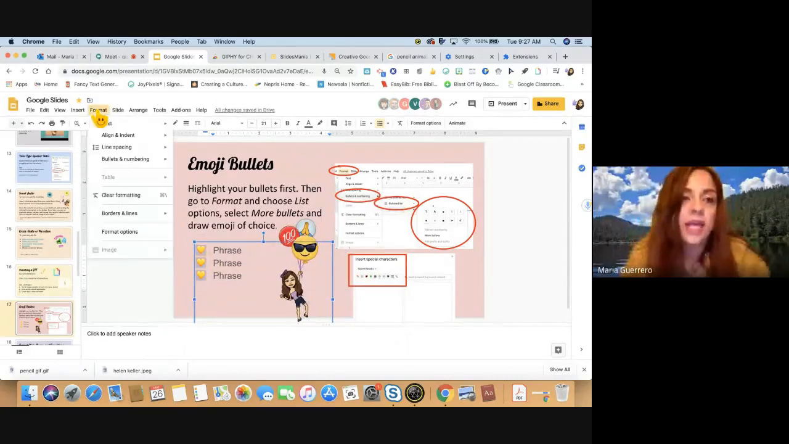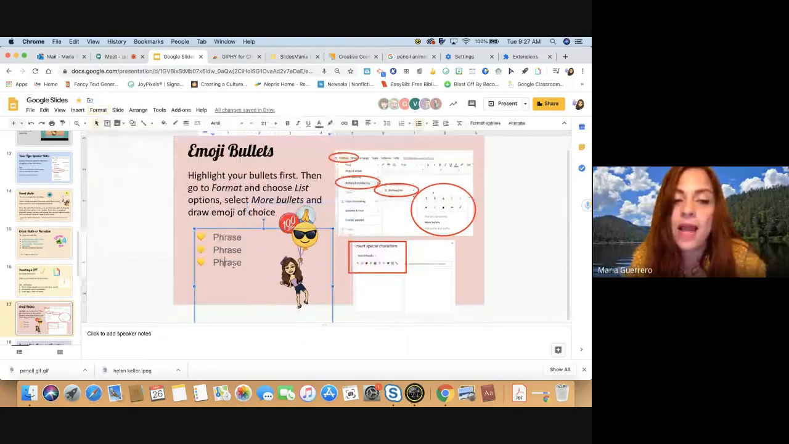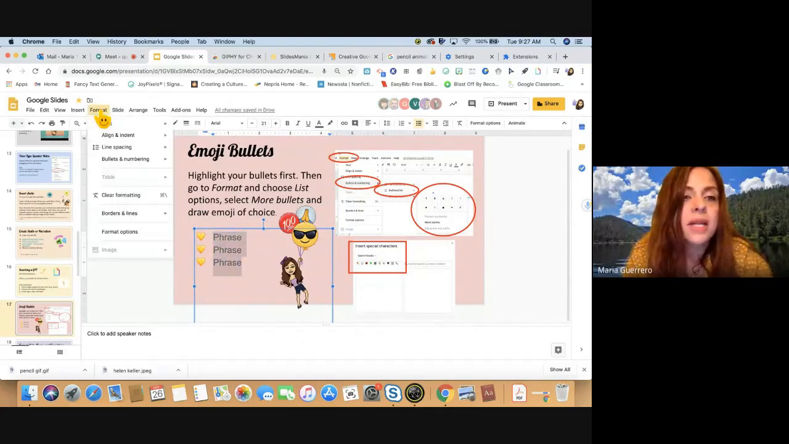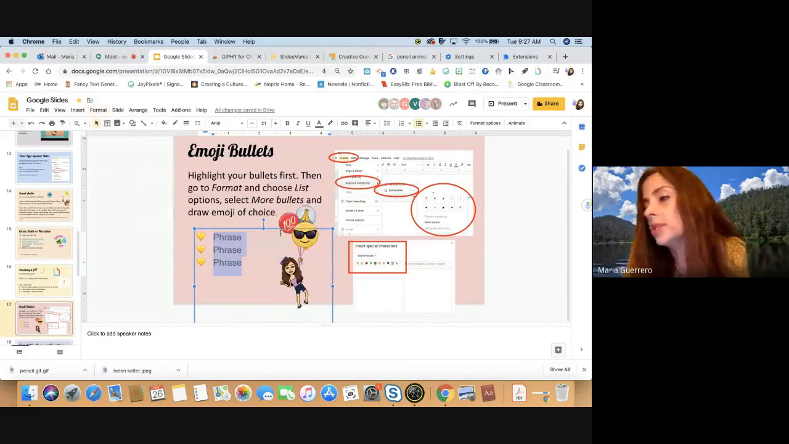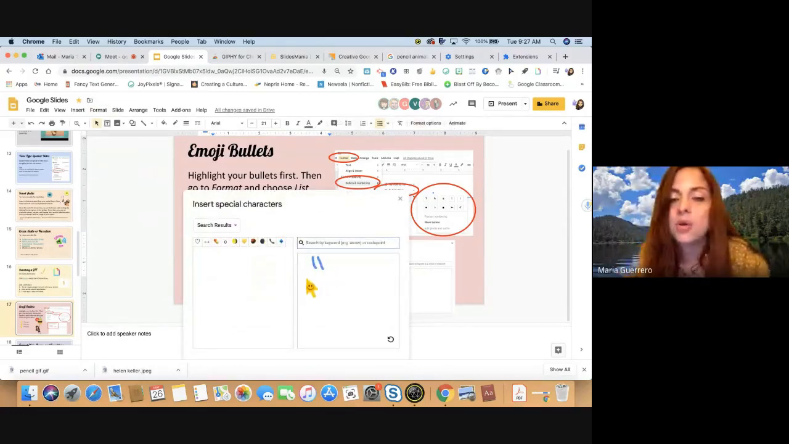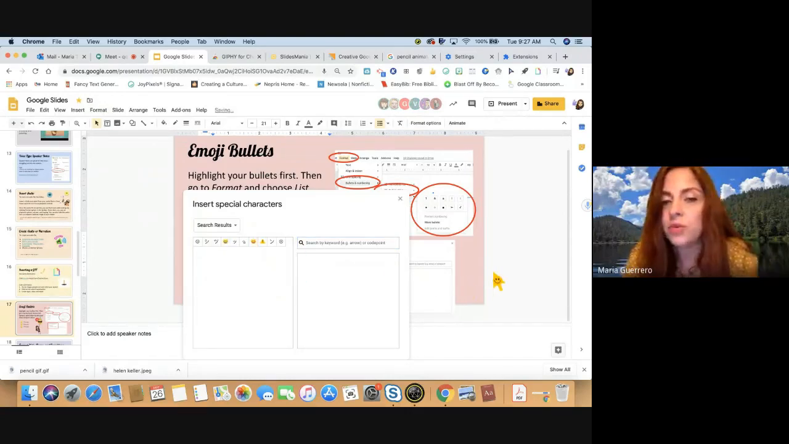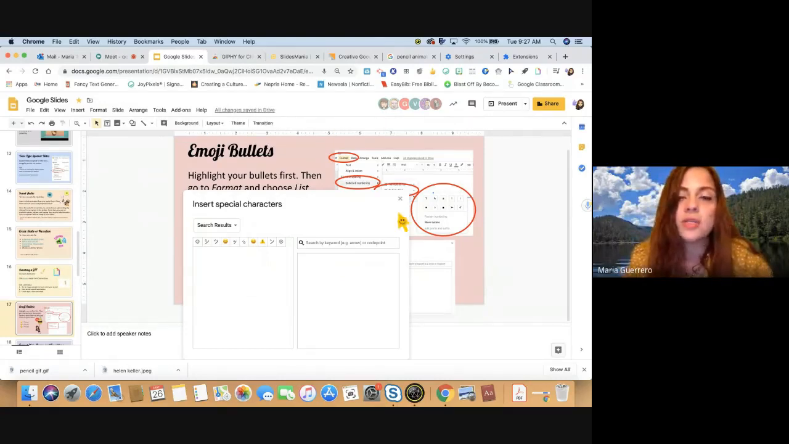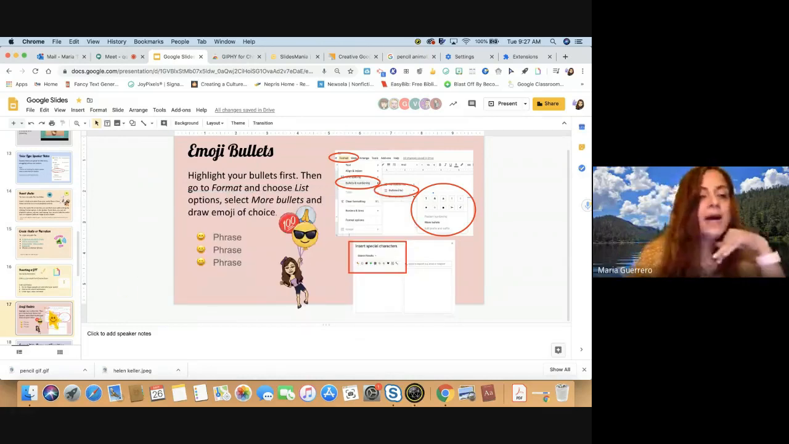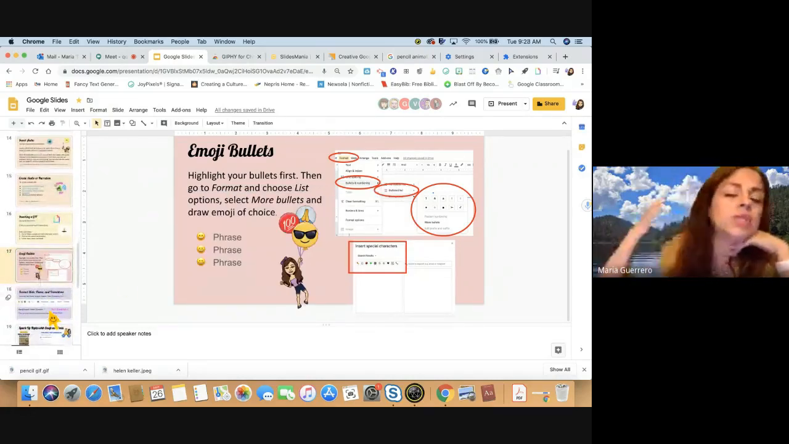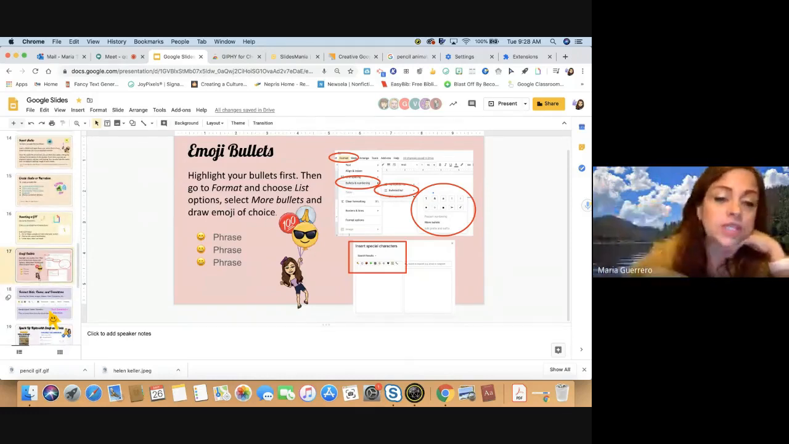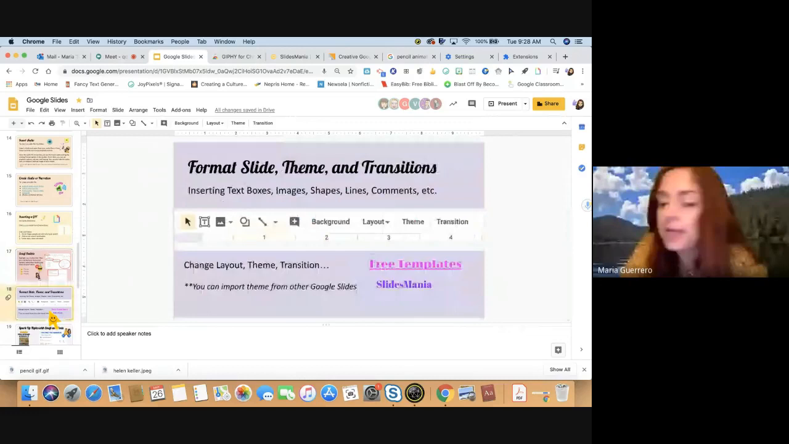So again, I came to Format, and I must come back over here and highlight the items that I want to bullet, then Format, Bullets and numbering, List options, More bullets, and then I can just draw what I want, and it should be able to locate the emoji. So emoji bullets are also a fun way to list items. I'll show you how you can use other emoji extensions where you want to make them different and not just the same bullet. But before we do that, let me go on to the next thing,